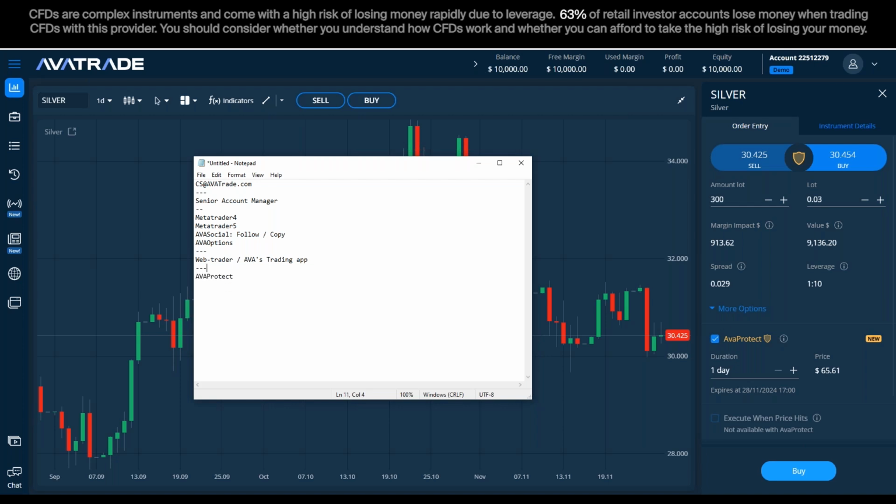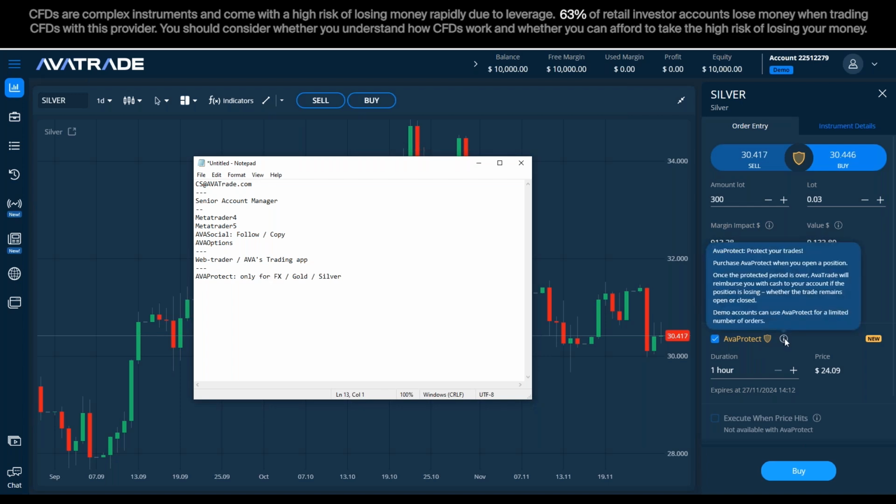So we have Ava Protect. Again, I'm going to quickly repeat what I said. It's only on the web trader in the app, and it's only for currencies, only for Forex, gold, and silver. And the way that it works is not something you have to remember, guys. You saw that when I point here on the bubble, it explains exactly what Ava Protect does, but I'm going to simplify it with my own words.